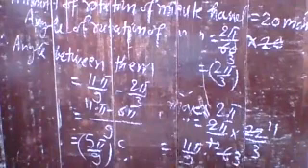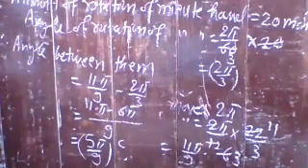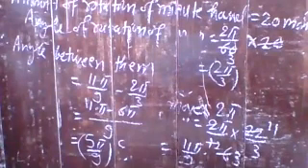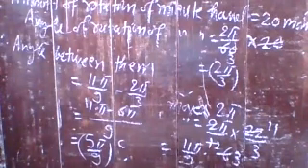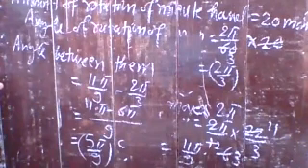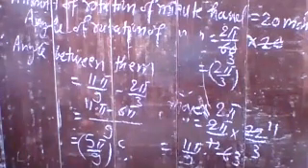Okay, so you know the distance covered in one revolution is equal to 2 pi r. That is the circumference of the wheel. So that is the distance covered in one revolution. Now you have to multiply the number of revolutions by 2 pi r, that means the circumference of the wheel, and you will have your final answer.